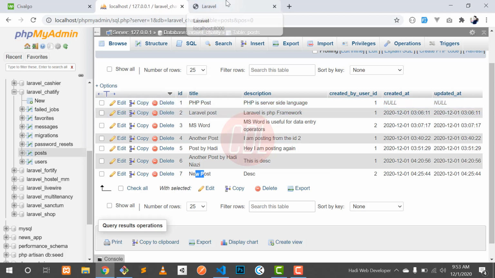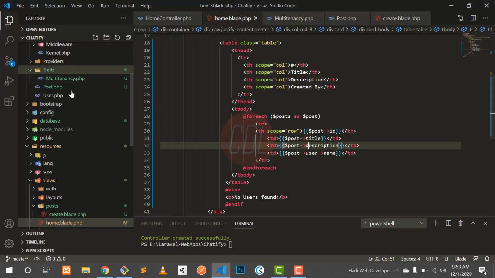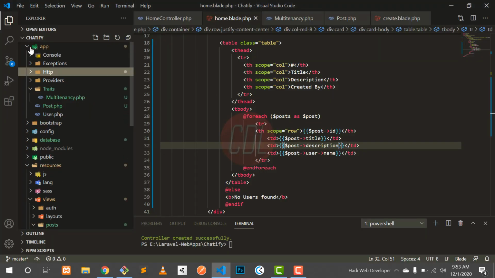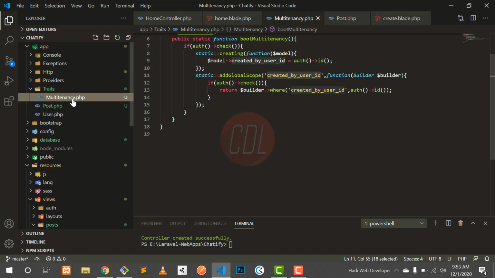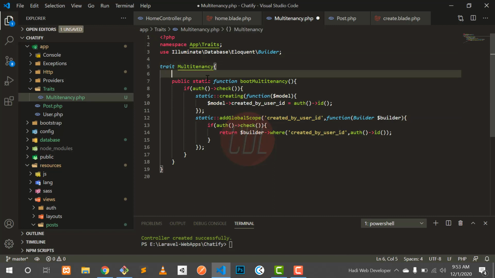So how can I achieve this? Inside the app I created a directory traits, and inside it I created multi-tenancy.php. Here I created the multi-tenancy trait, which has a static method boot, and boot is a method which exists in all models.